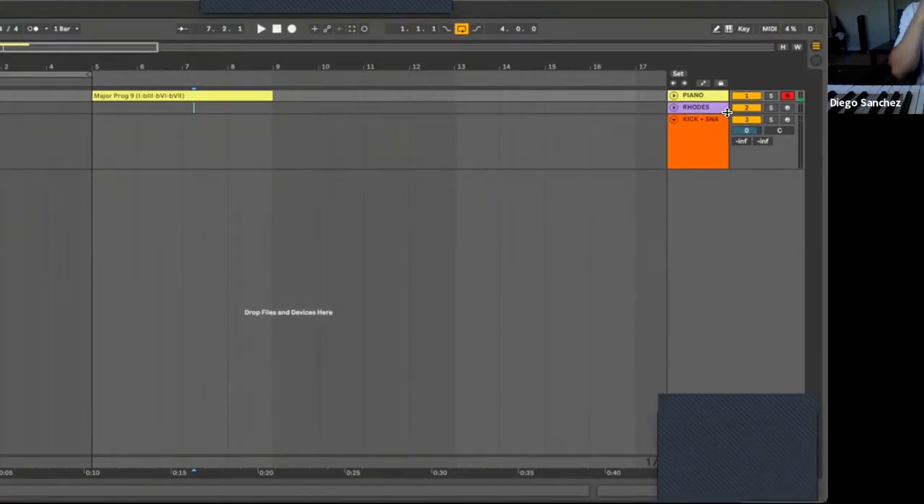And it will also understand the velocity with which a note is being played, or how hard it's being played. So if I play a chord like this very softly versus very harshly, the